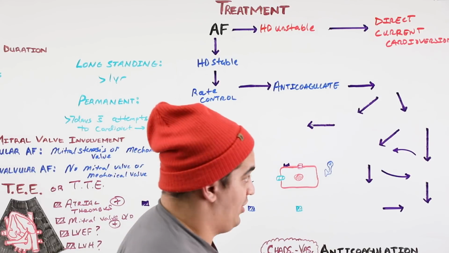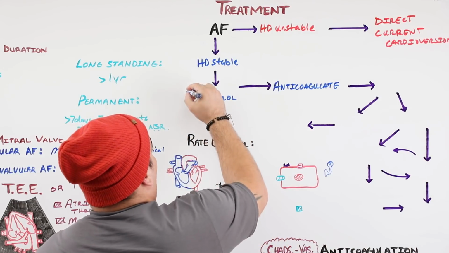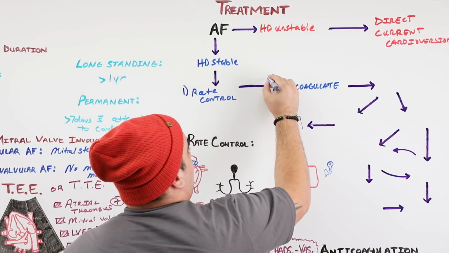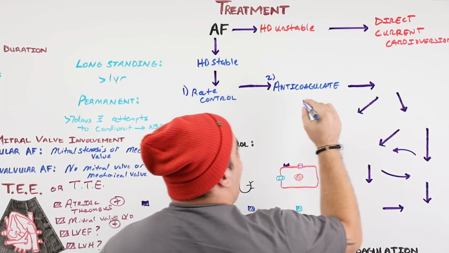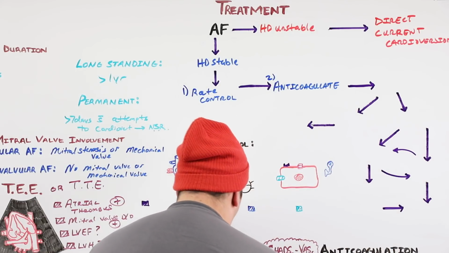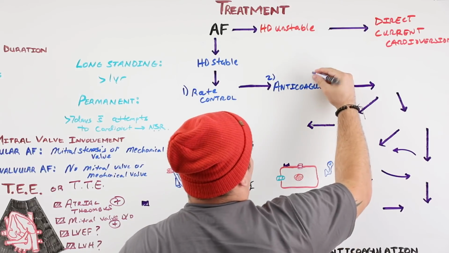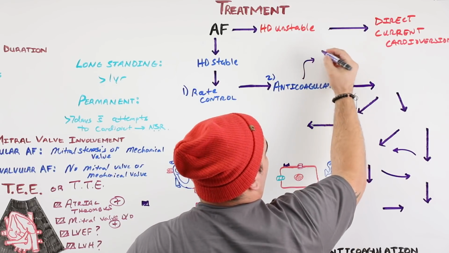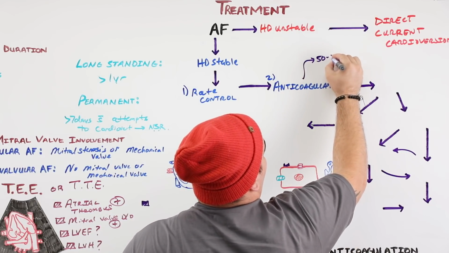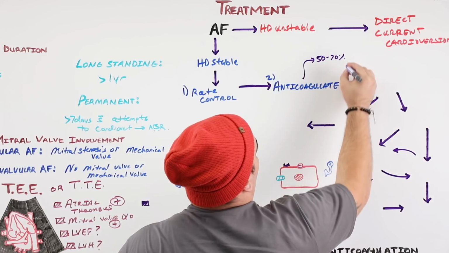You can even do that inpatient as well. So we rate control them first. Second, we determine their need for anticoagulation. Now, here's the interesting thing. Sometimes, actually not sometimes, like 50 to 70% of the time,